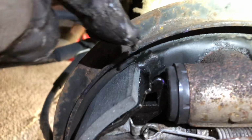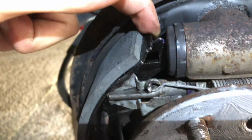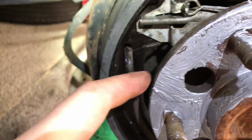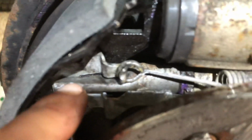And then I looped my finger in here, just behind this new shoe, and just pulled as hard as I could, because this spring is super strong. It's not gonna break. It's not gonna get stretched out or anything. So I just pulled as much as I could, and also put a pry bar in here and gently wedged. As I snaked the second piece of this adjuster here, because it comes apart right there